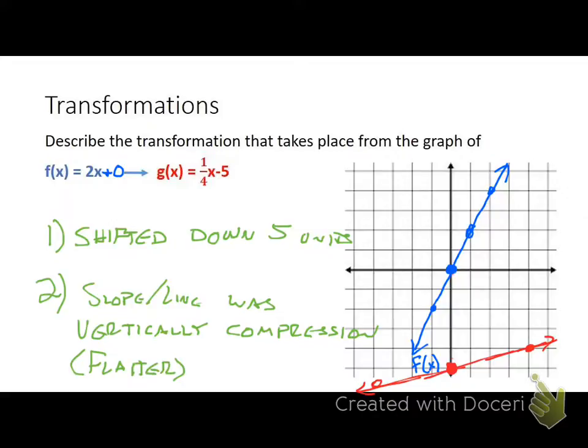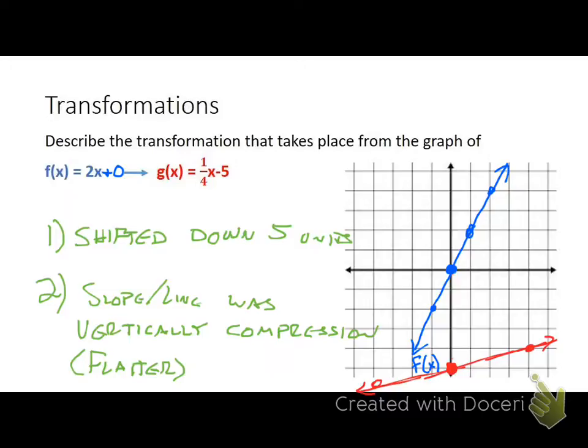Because if we remember, the closer that slope gets to 0, the flatter our line is going to get. Because remember, a 0 slope is a perfectly horizontal line. Since 1/4 is pretty close to 0, that means this slope is going to look a little more like 0. It's going to be a flatter line. It's going to be compressed. It's like it's being squeezed from the top and from the bottom to make this flatter line. So those are the two changes that are made as we change f of x